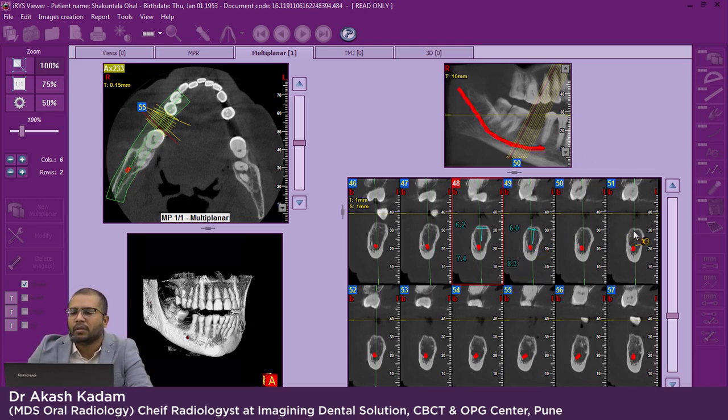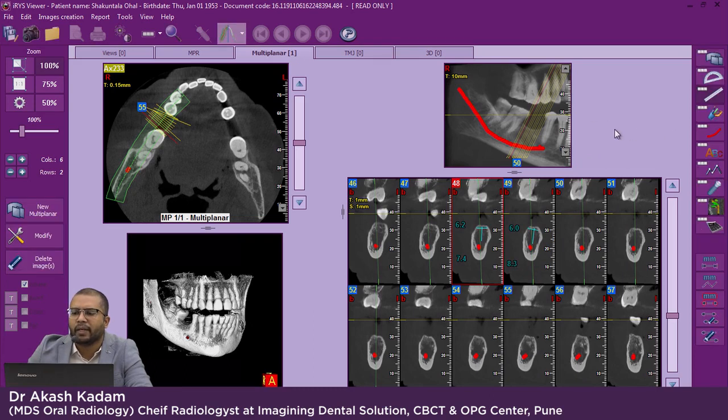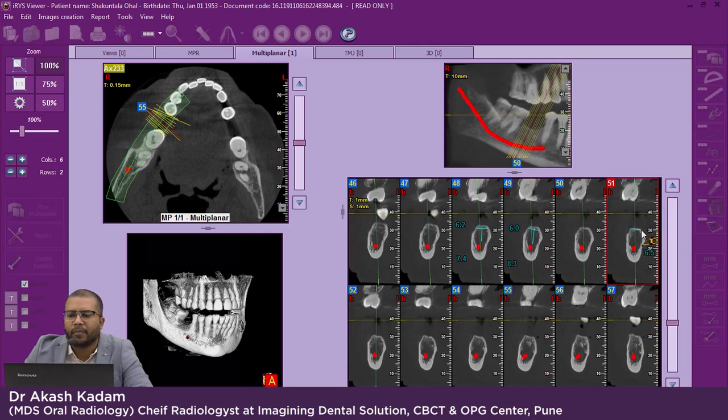So suppose we are marking and you don't want that tool, you will immediately right click on the outer side. Now this red line will show this red box or this cross section. It is for easy identification, and also there are numbers given to the sections like 46, 47, 48, 49, and those are mentioned over here also. So now suppose we want to place it at the center of this edentulous area. So this is at the center. So we will see the width and breadth at this center.